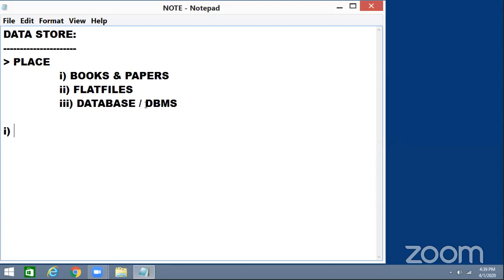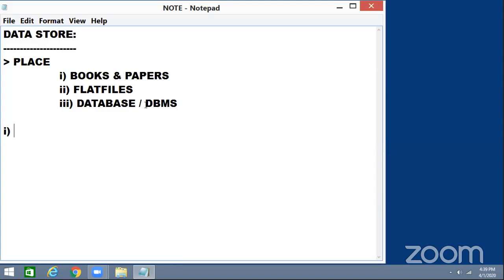That means very few things are there. The only advantage is storing data or storing some information. Other than that, we can't immediately get other points here, because we can't see many more advantages in books and papers. We're just storing, that's it. Other than that, we can't go for anything else.